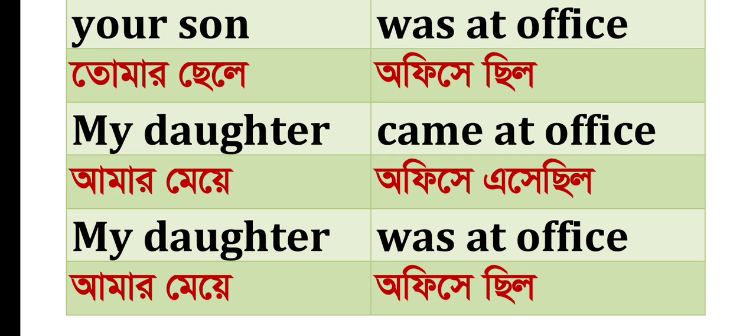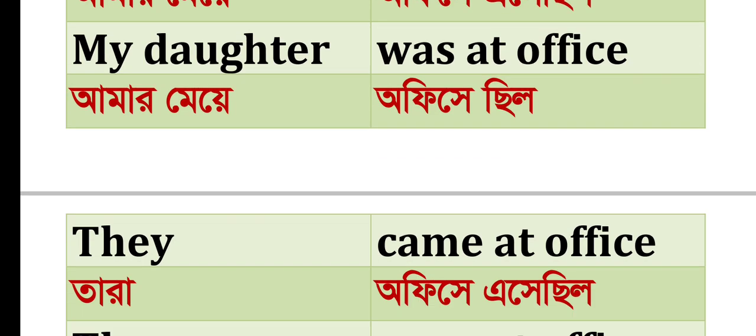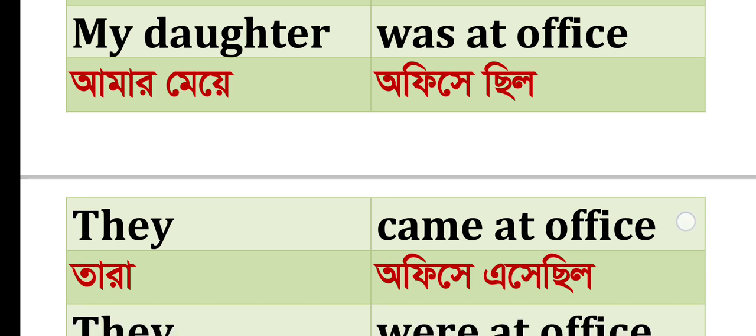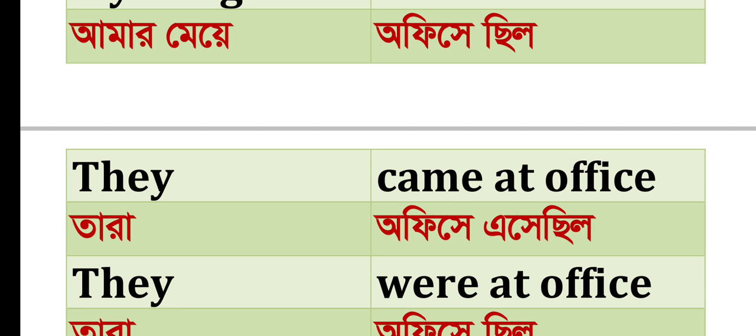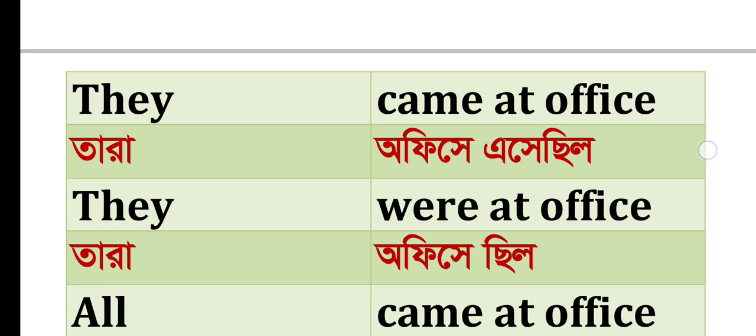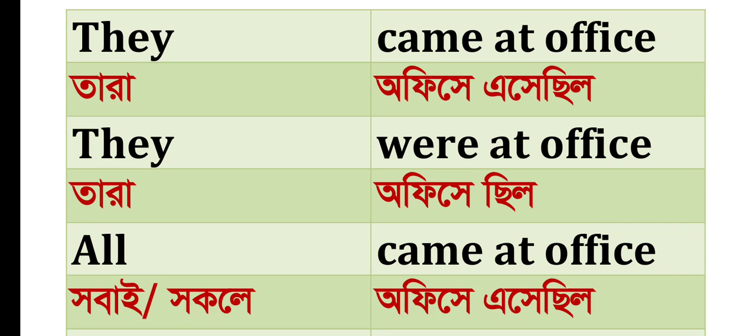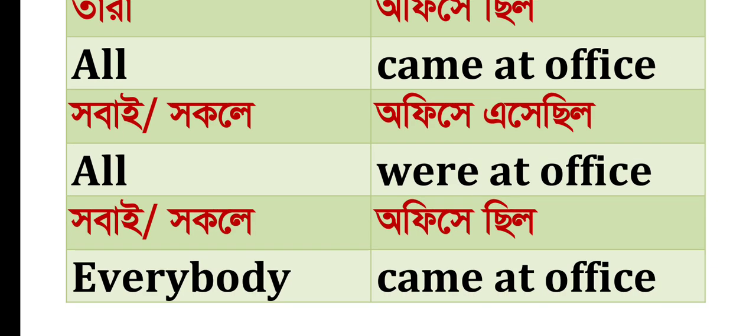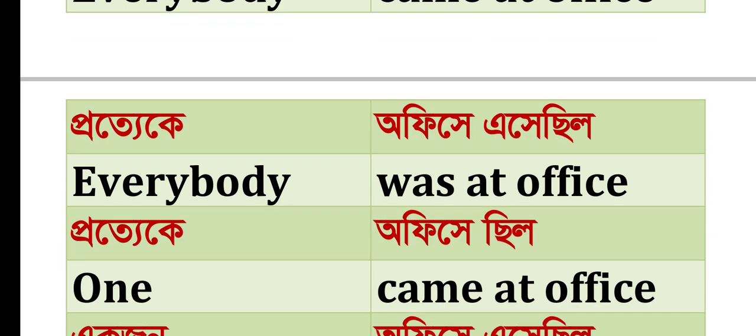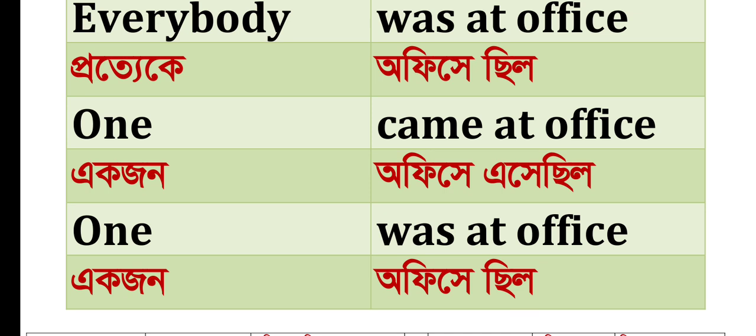My daughter practiced the medicine আমার মেয়ে ডাক্তারি করেছিল, my daughter was a doctor আমার মেয়ে ডক্টর ছিল, they practiced the medicine তারা ডাক্তারি করেছিল, they were doctors তারা ডক্টর ছিল, all practiced the medicine সবাই ডাক্তারি করেছিল, all were doctors সবাই ডাক্তার ছিল, everybody practiced the medicine প্রত্যেকে ডাক্তারি করেছিল, everybody was a doctor প্রত্যেকে ডাক্তার ছিল, one practiced the medicine একজন ডাক্তারি করেছিল, one was a doctor একজন ডাক্তার ছিল।